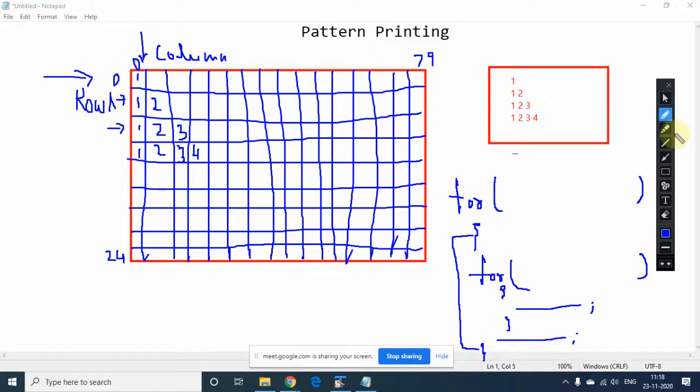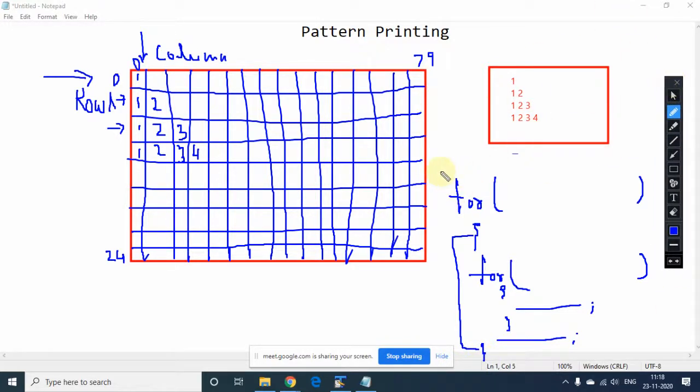I hope my screen is clear. The first loop is used for the number of rows, and the second loop is used for printing. These are the basic things I am telling you, so please note them down in your notebook also.